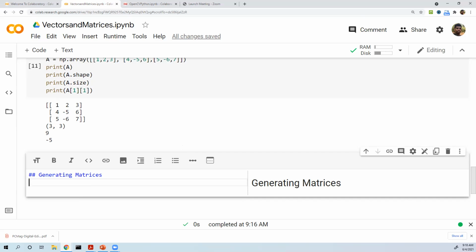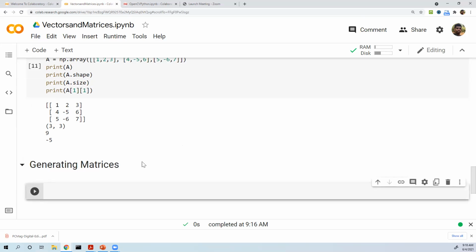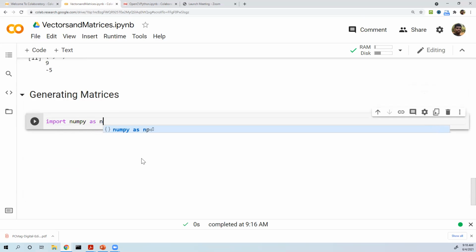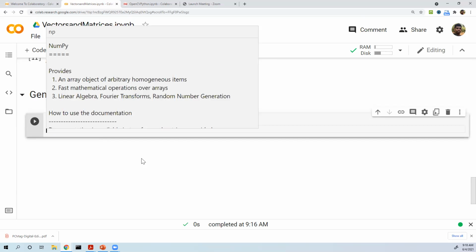First of all, let's look at how to generate a vector. In this particular case, I will start with importing this as np, and then you can use